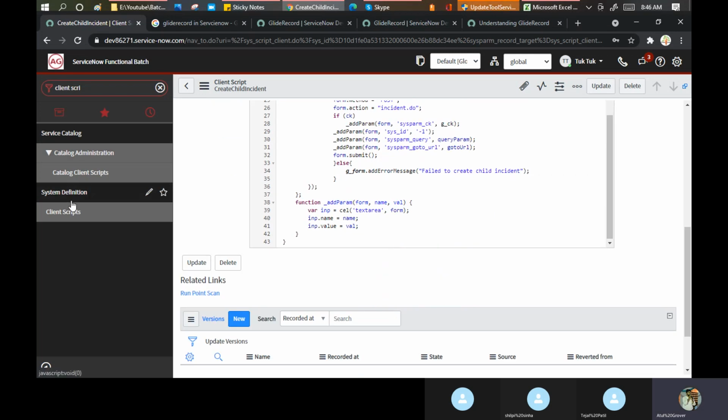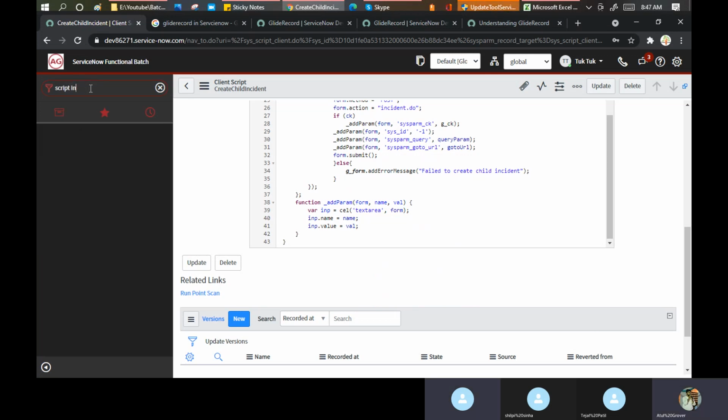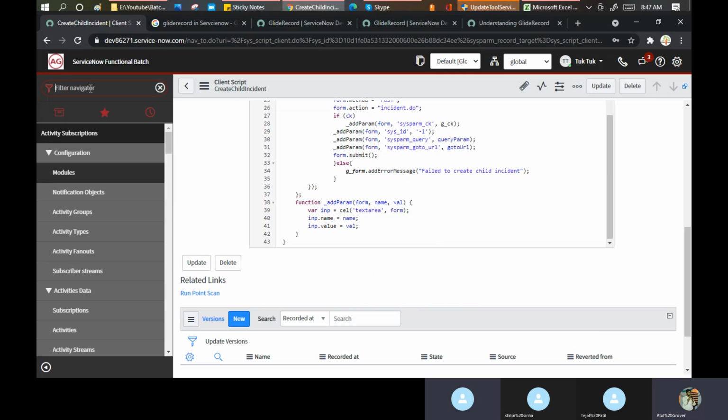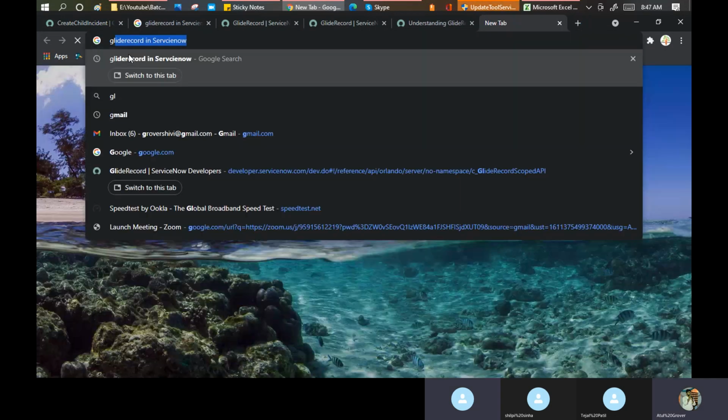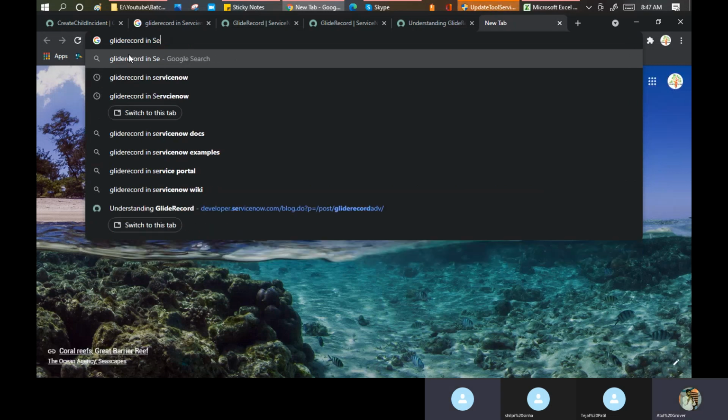Yes, guys. Anything you want to understand here? Can I pick up any script include a client script will be okay for the glide record? नहीं script include मत करो सर, वो थोड़ा confusion हो जाएगा. Which one I pick up? Because I thought that I get something in the client script here. नहीं, आप गूगल में ही चेक कर लीजिए. Let me put some example. हाँ, so glide record example बोल दीजिए सर.